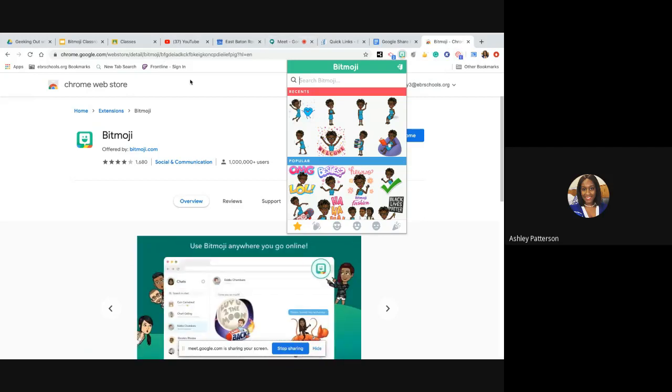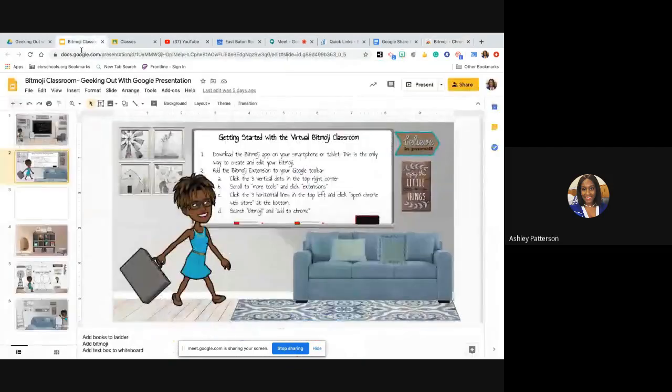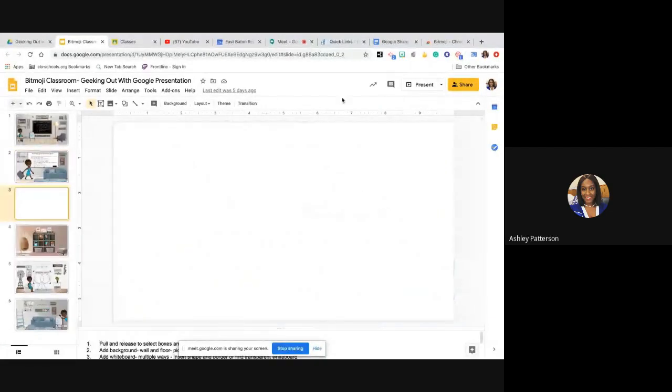Okay, so let me go back to my classroom and let's get started designing our classroom. I'm gonna start from a blank slide. The first thing you want to do is to add your background. Ms. Hall kind of talked about it a little bit, but you don't want to put a picture there because if you put a picture, it can move around. So we're going to add a background. You click up here at background